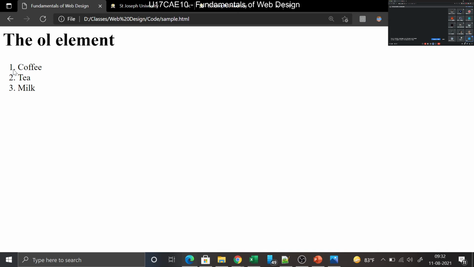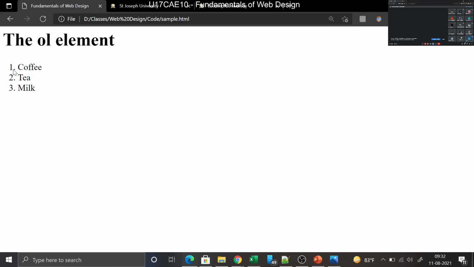So this is the ordered list. What is the other list? Can anyone tell? Unordered list. What is the tag for unordered list? UL. Good. So if I give just UL, the LI tag will stay the same. The only thing you have to change here is U. Okay, the start and the end tag.